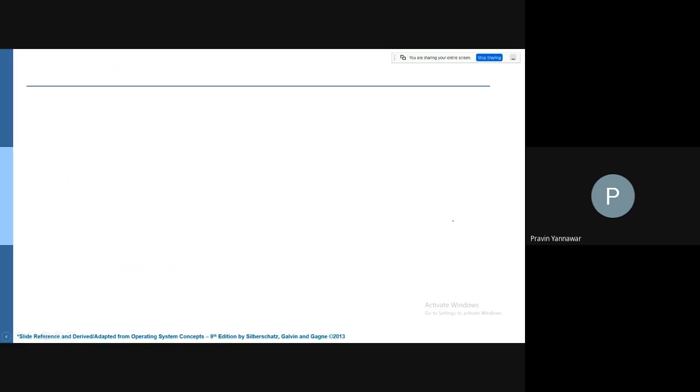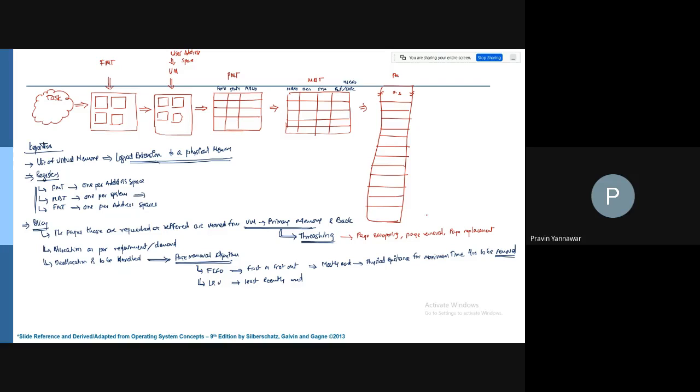You can also say page turning, means you are moving a page, right? Page is being turned, or page cannibalizing. So these sort of beautiful concepts are coming here: page removal, page replacement, page swapping, page turning, page cannibalizing, right? And likewise.